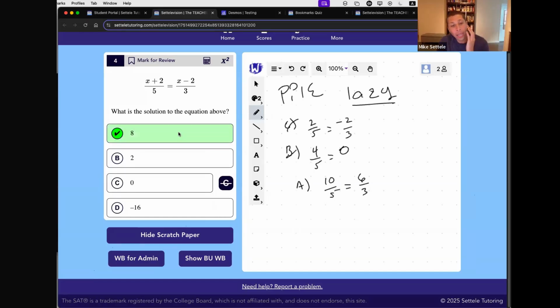So this is one where, again, I think because you guys are conditioned in school to constantly solve equations, many of you, your first thought as soon as you see it, without even realizing that you have a choice, you're just going to think, okay, these are equations I'm going to solve by cross multiplying, right? Let me multiply the left side by 3, the right side by 5, get rid of those fractions, and that would work. And again, the College Board explanation is going to tell you to do that. It's never going to tell you to guess and check, which is what we just did. It's never going to tell you to simply plug points into equations.